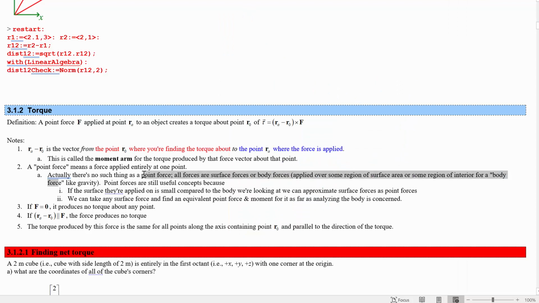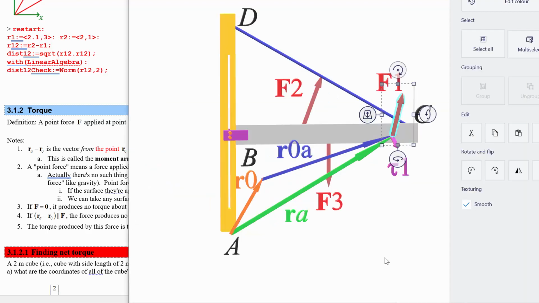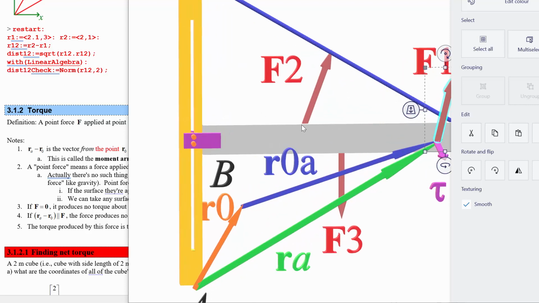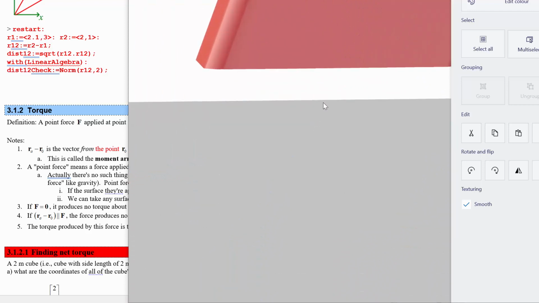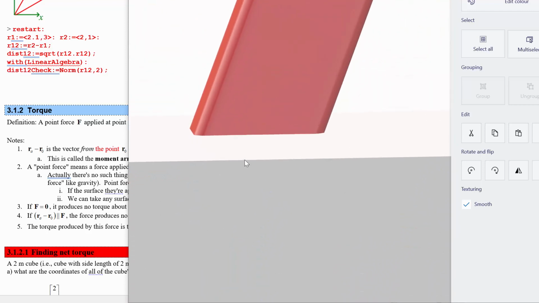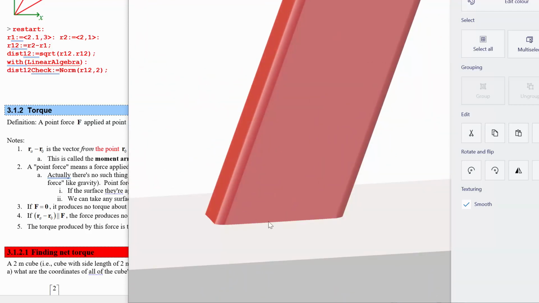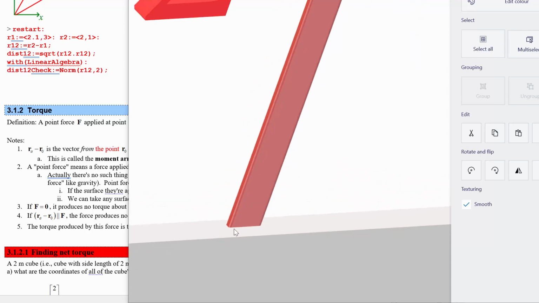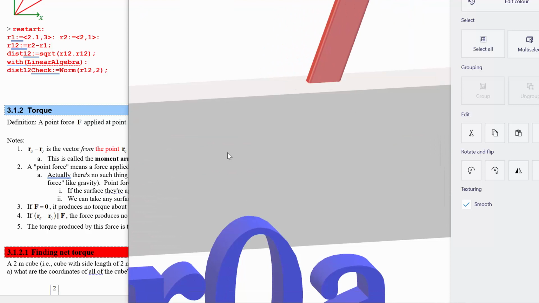Really, there's no such thing as this. The force is actually going to be distributed. So over some small area, at least, there's some contact point. If you were to zoom in, you'd see it's not really a point, right? I mean, this is just kind of showing the arrow thing here, but I think it gets the concept across, which is that the force is really going to be distributed over some area of surface at least, or maybe for something like gravity, distributed over some area of some region, some volume